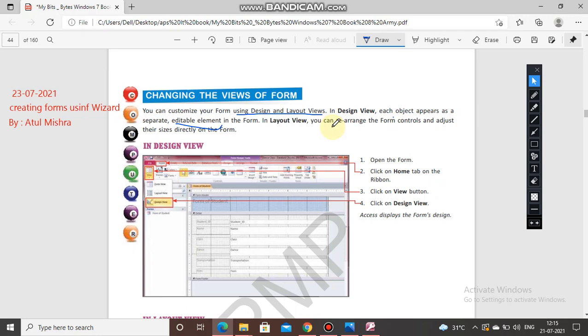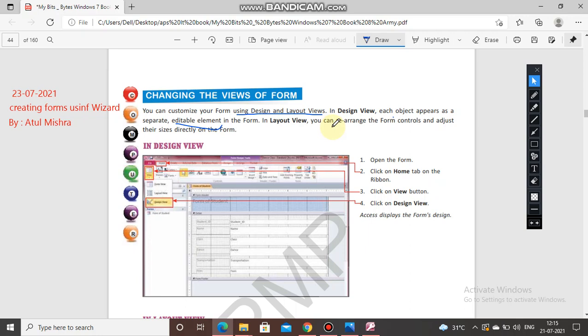Now fill in the blanks. First one. Dash feature allows you to quickly search through tables, queries, forms for a piece of data. Which feature allows us? So that feature is your find.